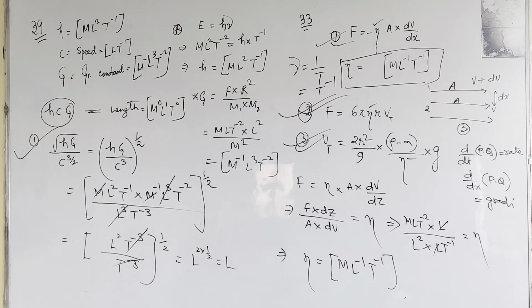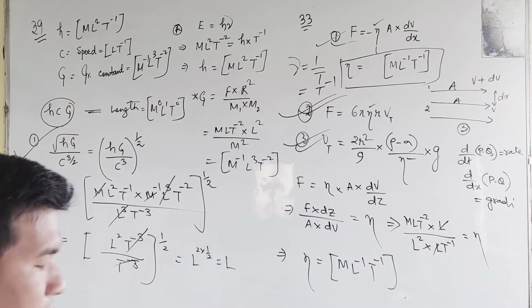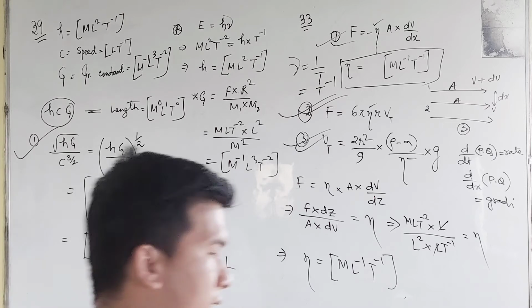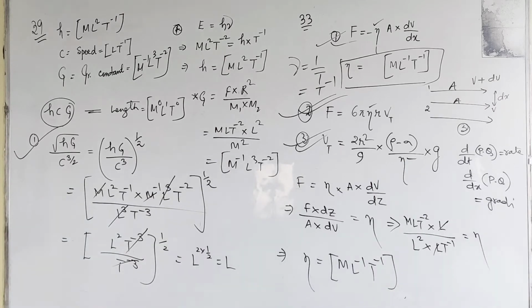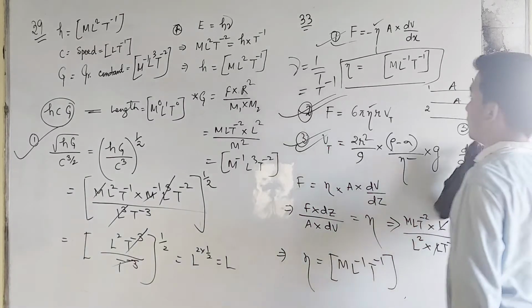Using the principle of homogeneity, we get the answer. The conventional method will be very long. Understand? So we got option number 1 as the answer, but what will be another trick? If this option is given in option number 4 or 3, then how will you eliminate the remaining one?